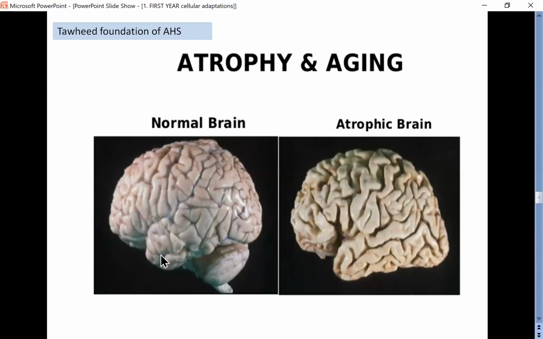So this is the atrophy, senile atrophy. This is the normal brain, where you can see the sulci and gyri without any space. In an atrophied senile brain, in an aged person, you can see the sulci and gyri with a lot of spaces in between them. So this is called senile atrophy. And the size also is reduced as you compare with the normal brain.